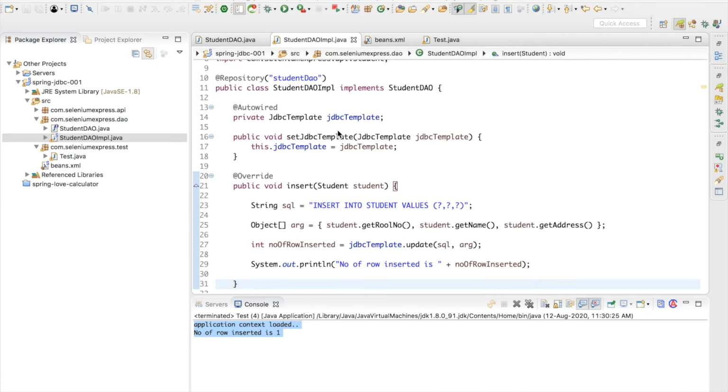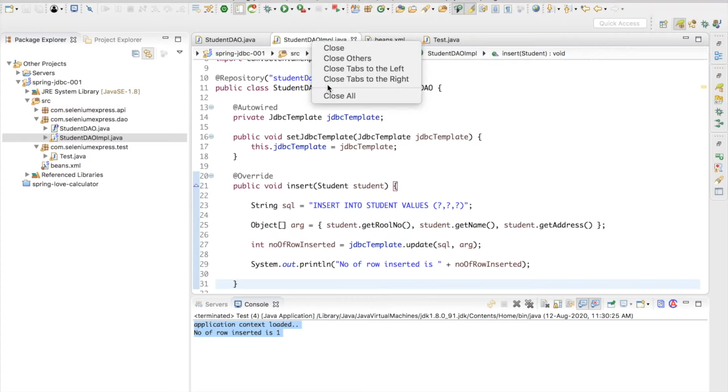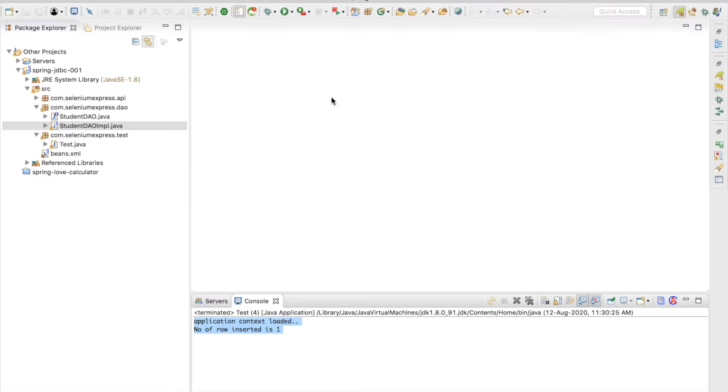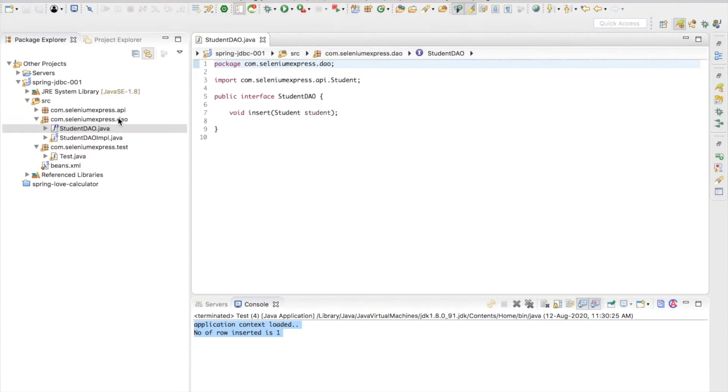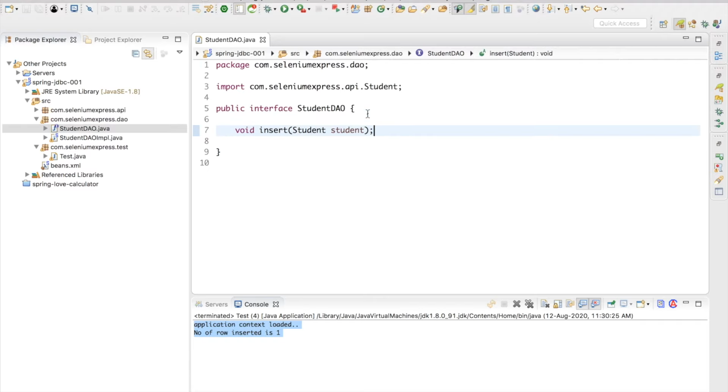Alright, so right now let me develop a method to delete a record from a database. First of all, let me close all these files because I do not want to confuse you by showing a lot of files here. I'll go to my student DAO, and right after the insert method, let me create another method here. Let's say void, and let's say delete record